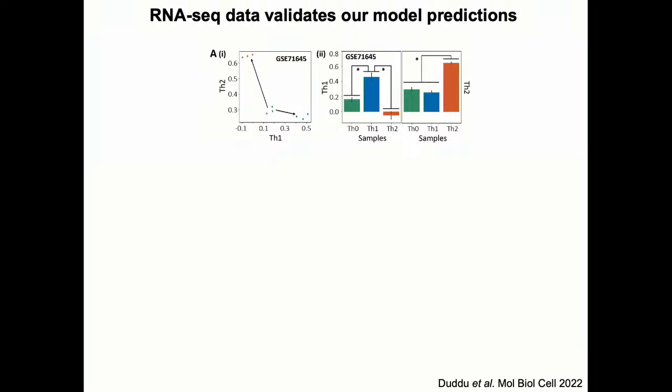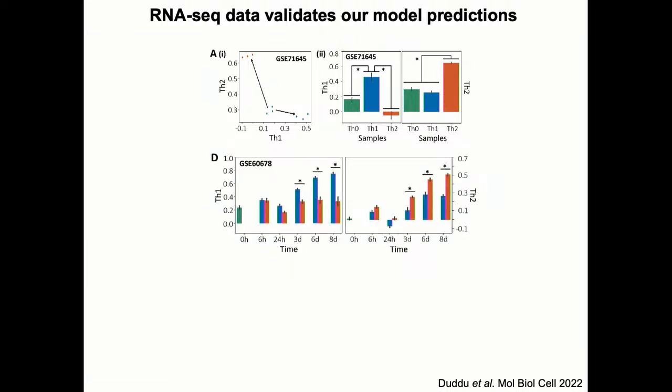We looked further into more detail at the RNA sequencing data, where you have in the same experiment naive cells, which means the progenitor cells, TH1 cells and TH2 cells. X and Y axis are some ensemble measure of gene expression values corresponding to these states. So what you see is that when you look at TH1 cells, TH1 signal is much stronger than TH2, and in TH2 cells, the TH2 signal is much stronger than TH1, as expected, right?